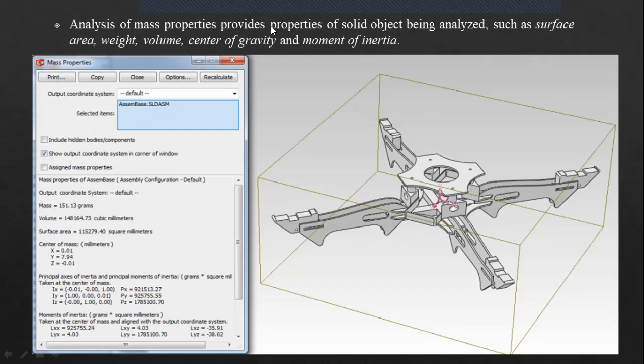Analysis of mass properties provides properties of the solid object being analyzed, such as surface area, weight, volume of the whole assembly as well as the individual components, center of gravity, moment of inertia. There are inbuilt algorithms and formulas which the software uses to tell us where the center of mass is and what the moment of inertia is.